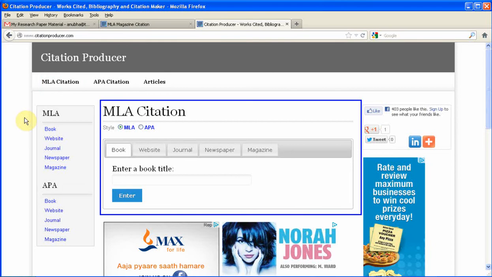MLA is short for Modern Language Association. MLA style is the most commonly used style to write papers and cite sources within the liberal arts and humanities.